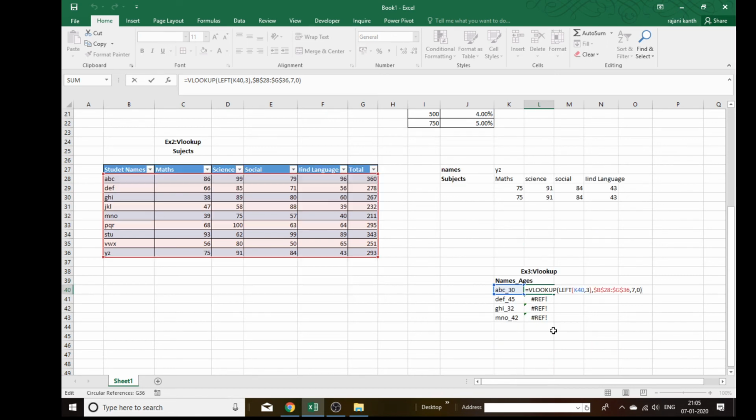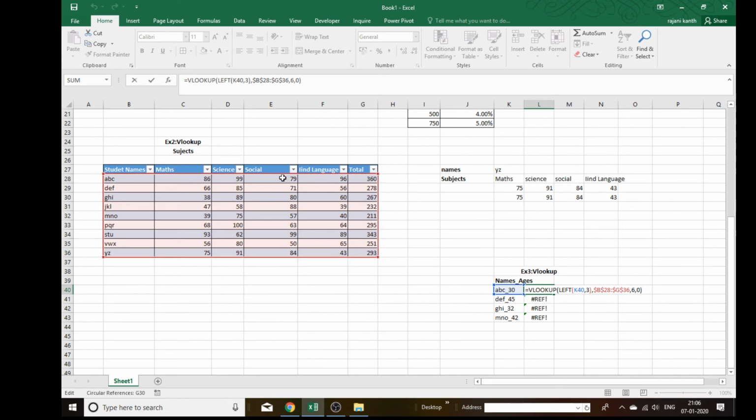Let's say first of all the 7th value, because we have moved the total value from here. So if I go 6 here, 1, 2, 3, 4, 5, 6. Yes, that should come, right? Must be data from B28 to G36.